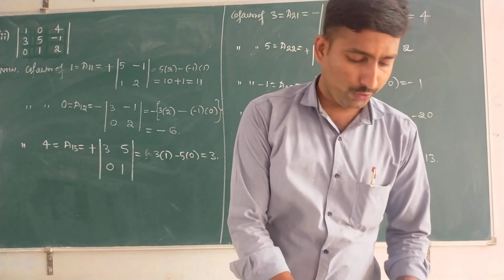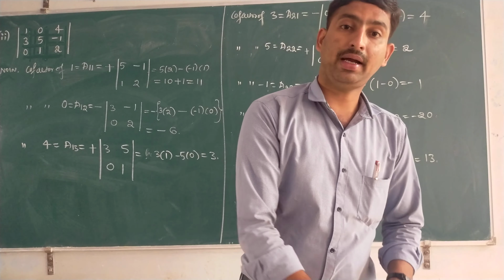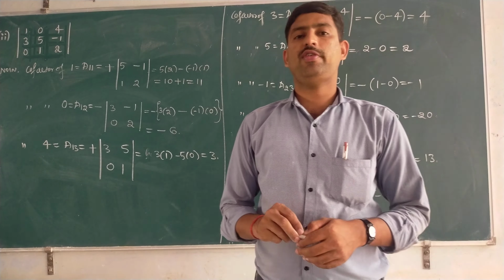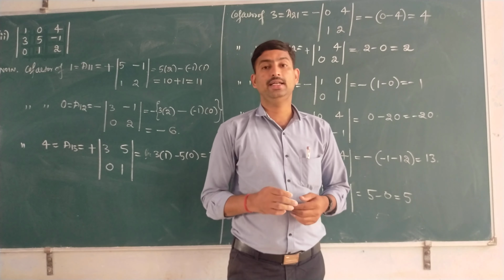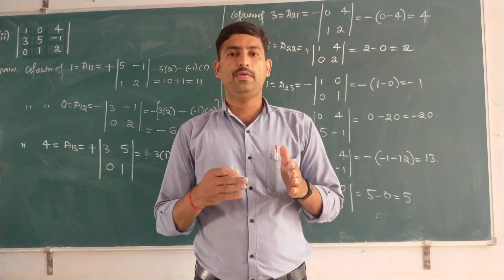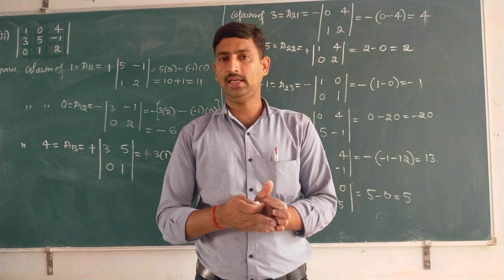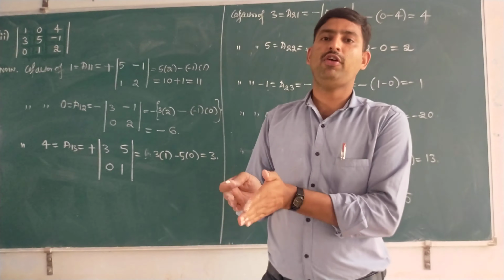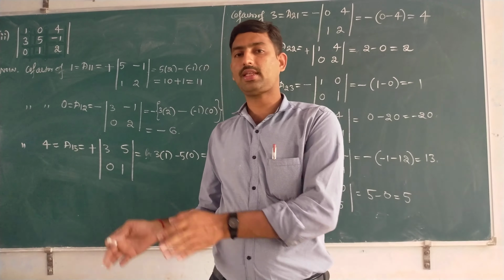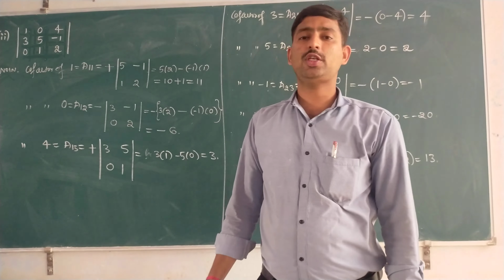Dear students, once we are perfect with minors, then you can easily find out the value of cofactor. These minors and cofactors are very, very important while finding the adjoint of a given matrix. If you are perfect with minors and cofactors, then adjoint is very easy. If you are good in the adjoint of matrix A, then the inverse of a matrix is also very easy. Next, we will take the next important question.